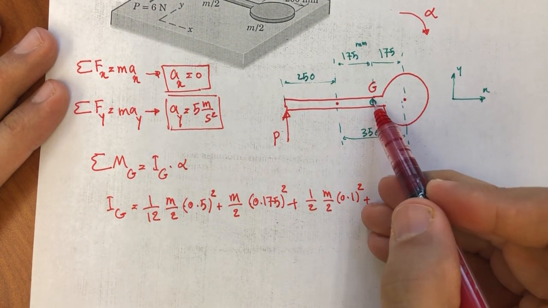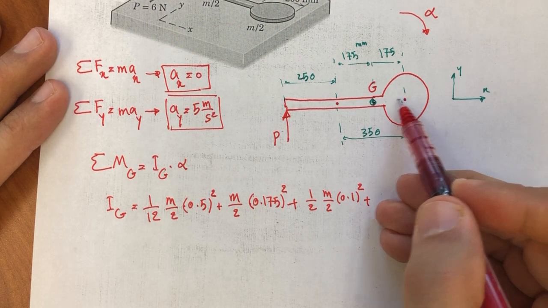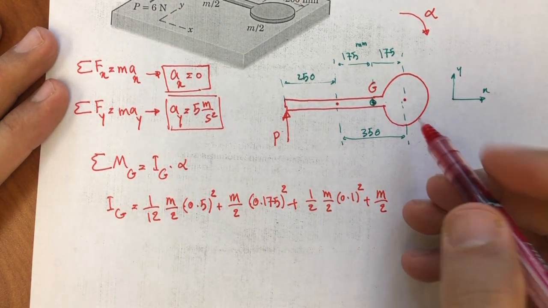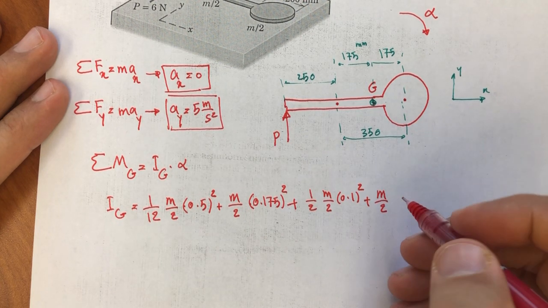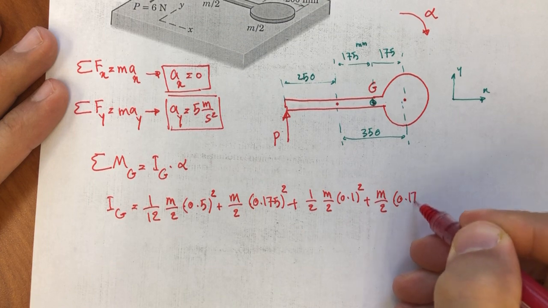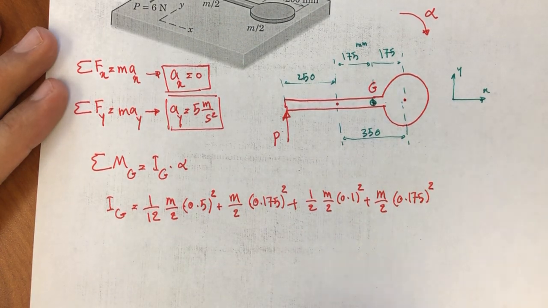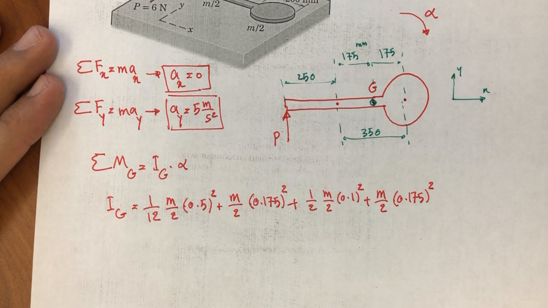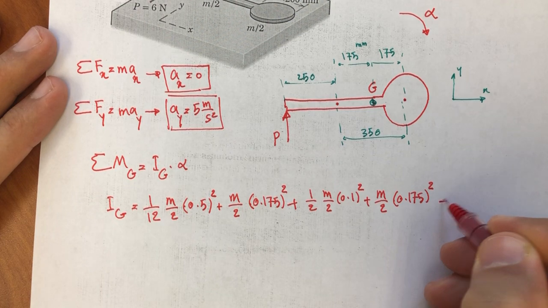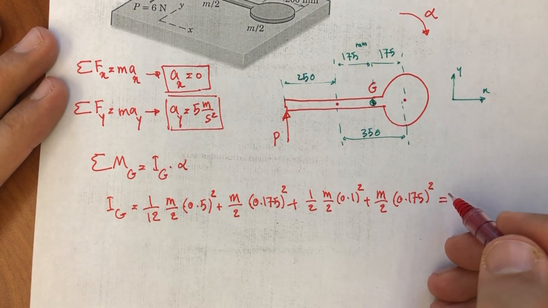And using the parallel axis theorem to move it to this point, we need to add mass, which is m divided by 2 for the disk, times distance squared, which is 0.175 squared. So we can calculate Ig by putting m equal to 1.2 here, and Ig is going to be equal to